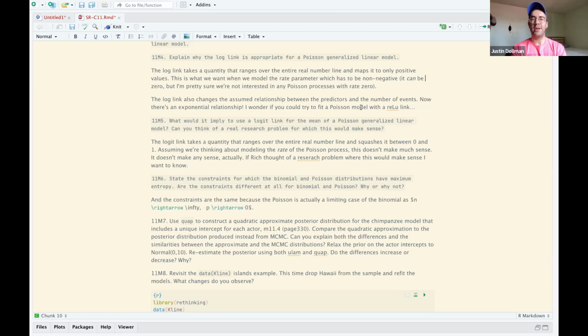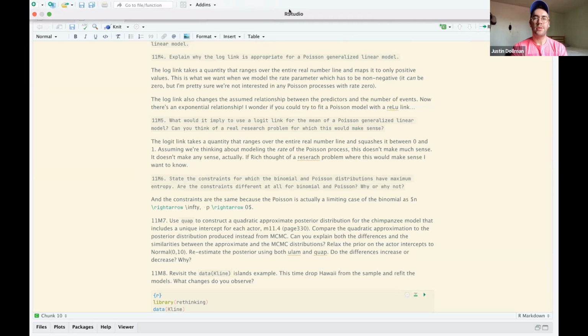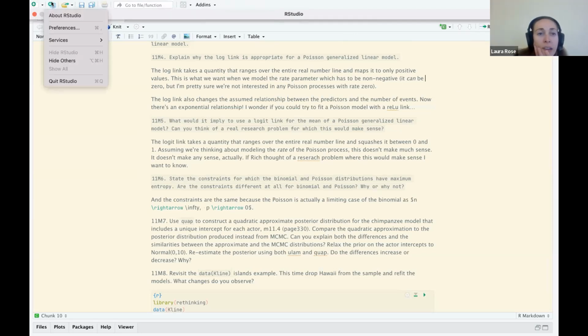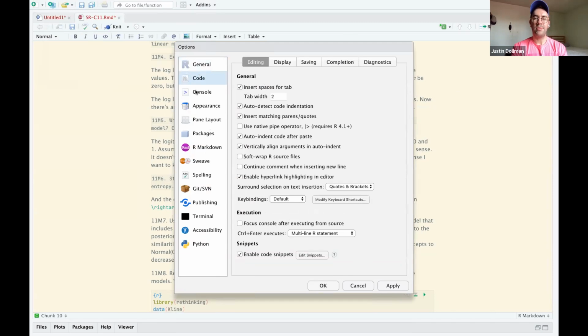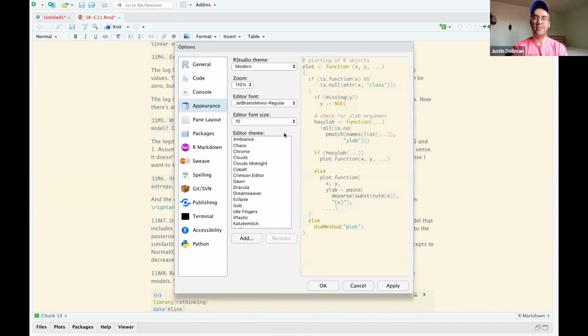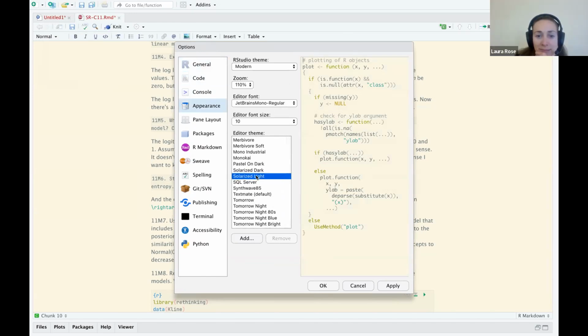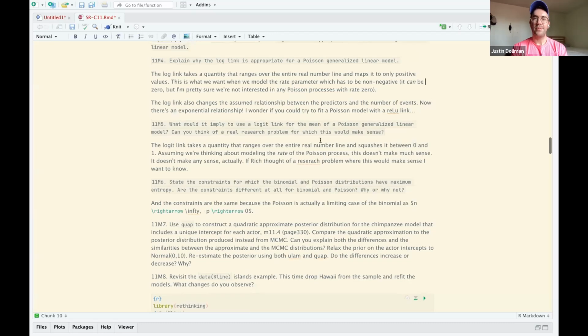But that's how I created that. And as far as the color, that's just through settings, I believe. Yeah, it's in preferences, and then it's code. No, appearance. There it is, of course. And so it's currently set to solarized light. So that's what's generating that. Very good. Cool. All right. So anyway, now that the important stuff's out of the way,